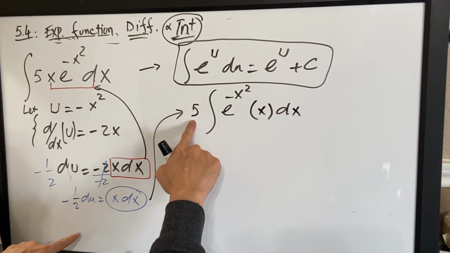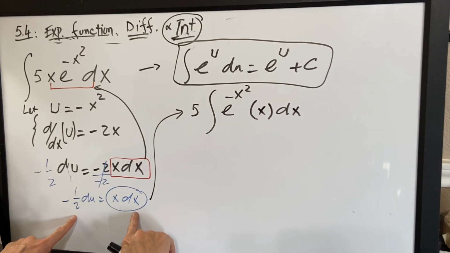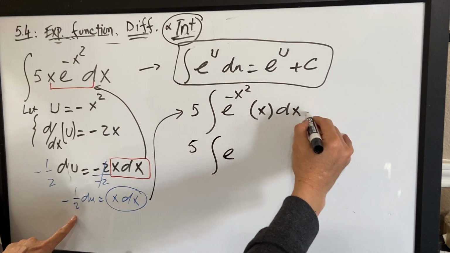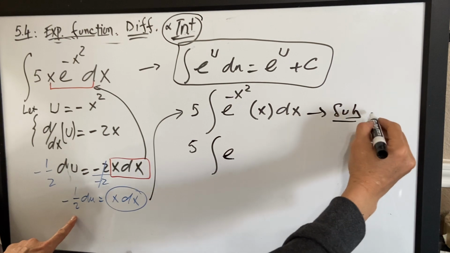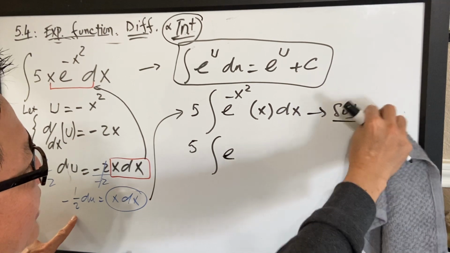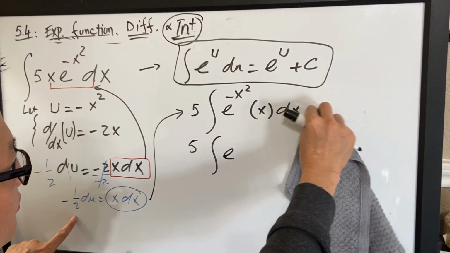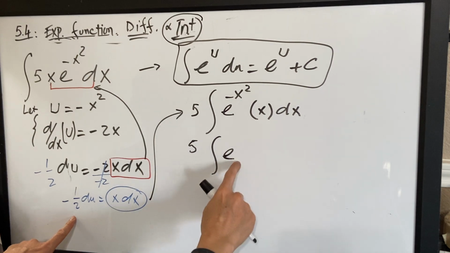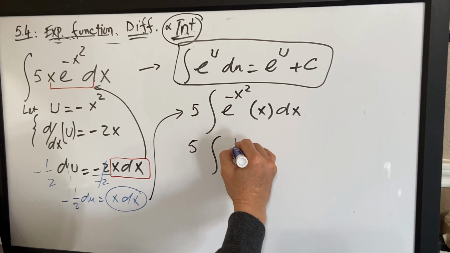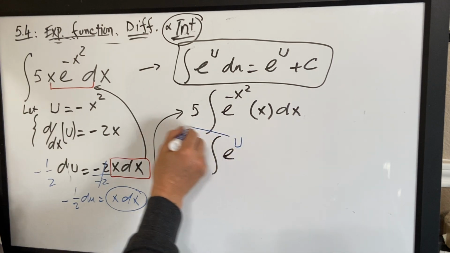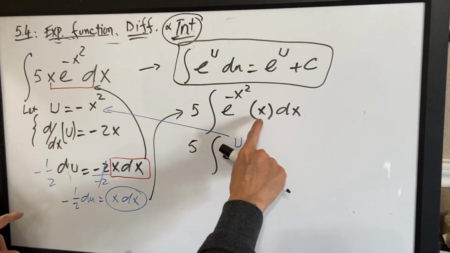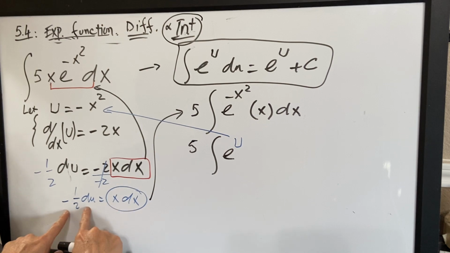Now, look, this is very convenient for me. 5, my e to the, now I'm going to sub in for the x term. Not equivalent, but just x into the u term, just to spell it out for you. E to the negative x squared, what is that? Yep, u. There we go. You see it? You like the color? Here we go. What is x dx? X dx is